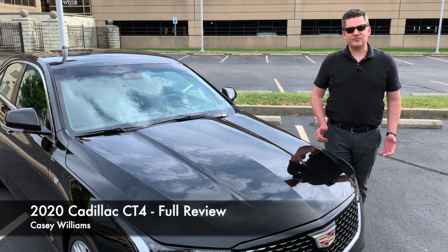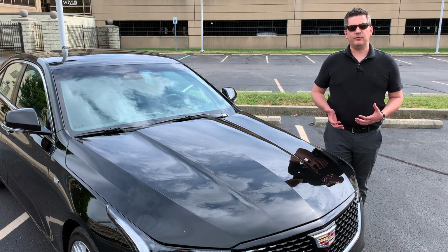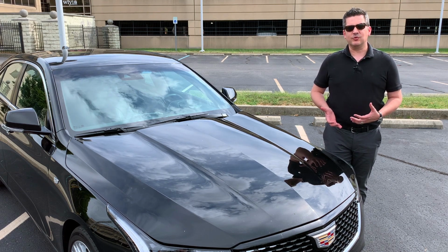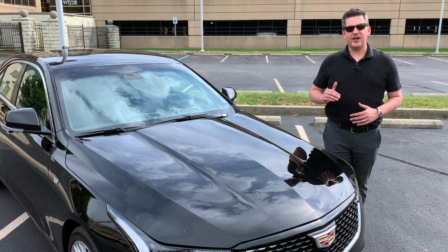Well, I've long had debates with some of my auto writing friends about Cadillacs. I just wonder why they just cannot keep up with German automakers. And it's not that I want to criticize Cadillac, I just want the American brand to do really, really well and be the envy of the world. And time and again over the many, many years, Cadillac just really hasn't quite lived up to that